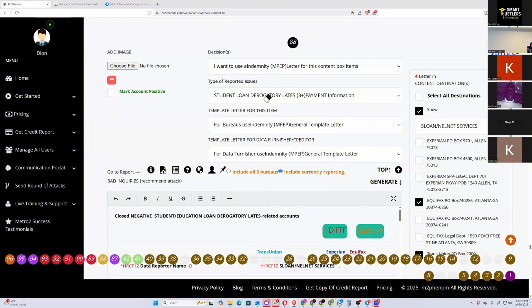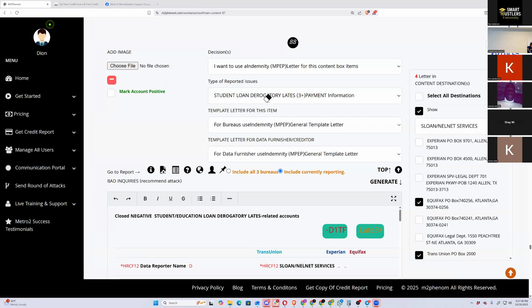Come on, guys. You're missing it. SLDL 3 plus. Got to put that 3 plus. Almost. SLDL 3 plus. I saw a lot of SLDL, so I'll give you guys that one. Perfect. Okay, that's 88. Let's go to